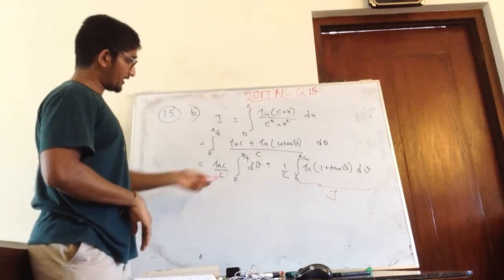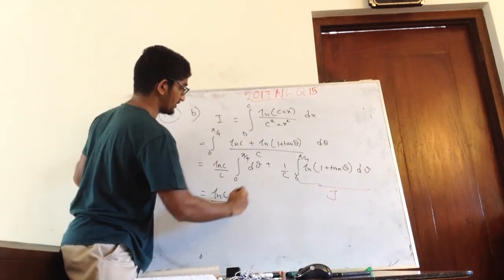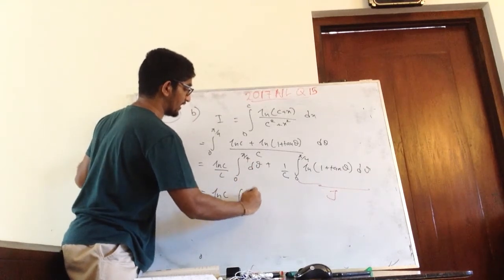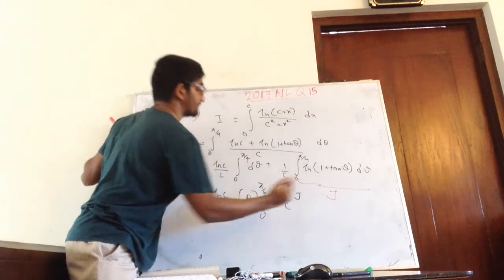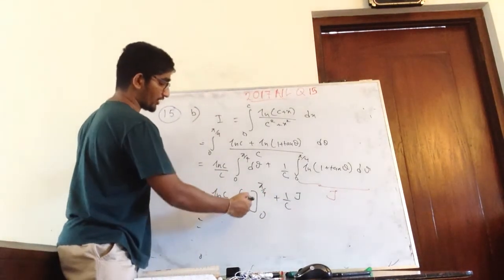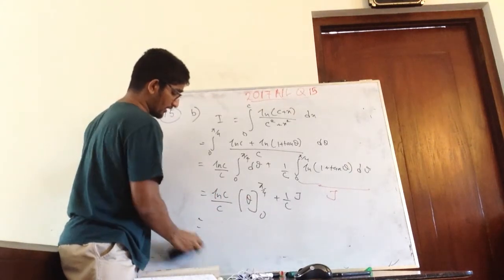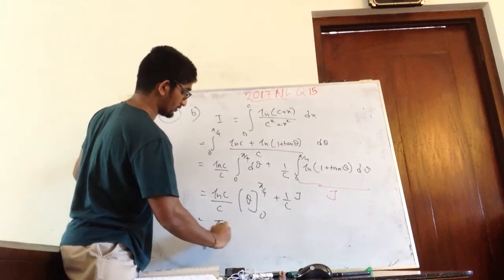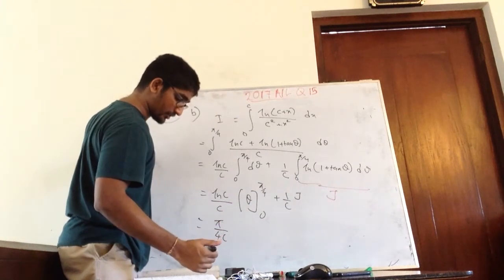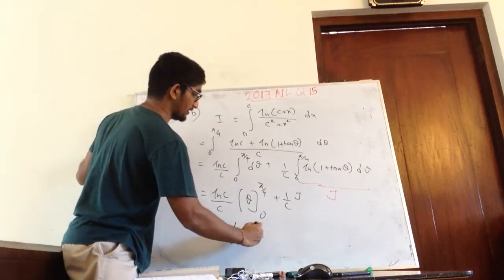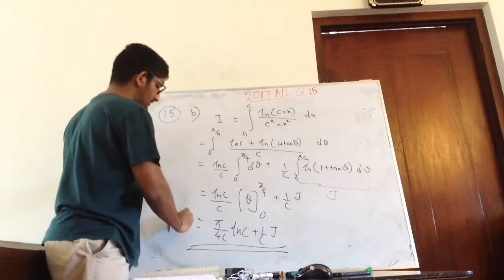Right? So then let's get the answer here now. You get ln C over C. This is theta. Phi over 4, 0, 1 over C, j. So here you will get phi over 4 minus, so 0 is not relevant here. So phi over 4, then you have a C. What's the answer they want? Then there is ln C plus 1 over C, j. Right, so this is the answer they want.